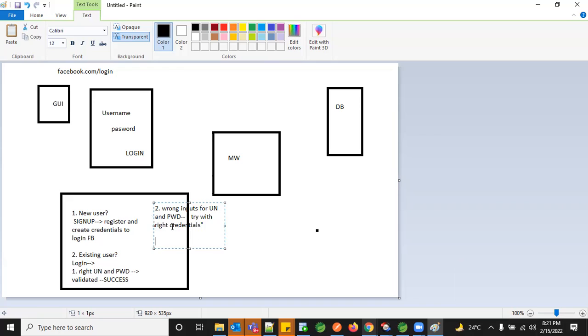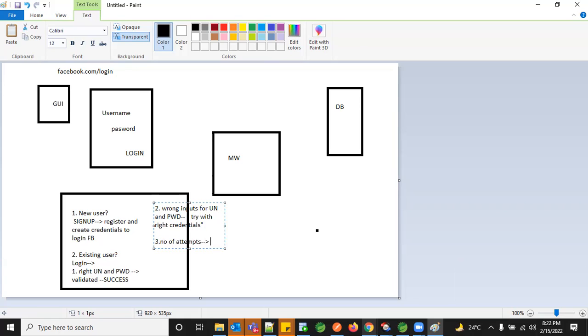But we need to restrict the control, right? How many times he can try different ones. It's like hacking, so you need to restrict your access. Like you can't access more than twice or thrice. We need to give some control on our side to restrict the access. For that purpose, what we can do is limit the number of attempts.